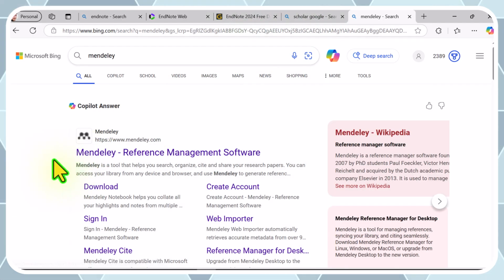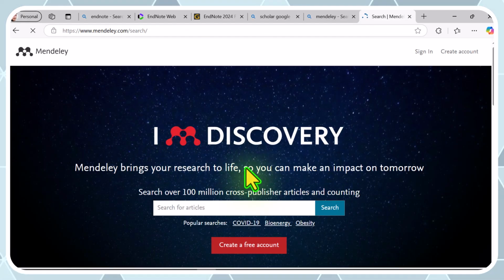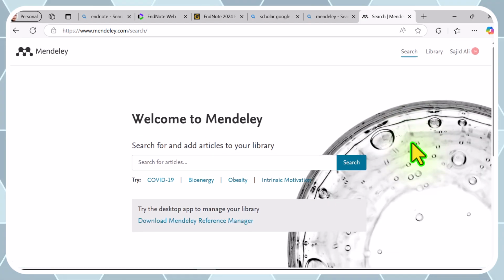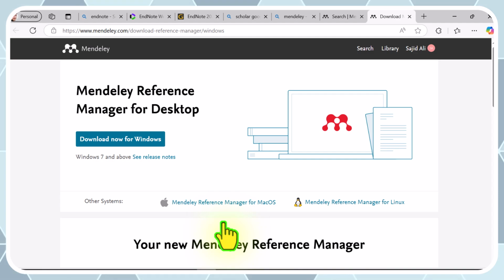You will be directed to the official website of Mendeley. Create a free account, and since Mendeley is free, my account is already logged in. So you see, my reference manager is also downloaded on my desktop. You have to click on the download Mendeley reference manager, and once you click on that, you will